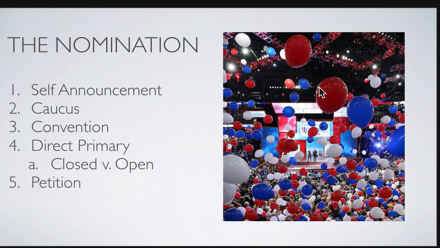Now, in a primary, you're not allowed to vote in both. You have to pick one of them, but you don't have to be consistent. So you could potentially vote in the Republican primary this spring, and then a year from now or 2 years from now, you could vote in the Democratic primary. You don't have to declare a party for which you're going to remain loyal.